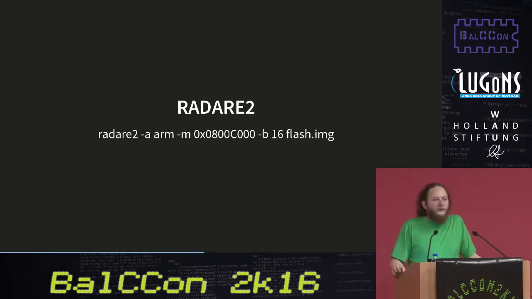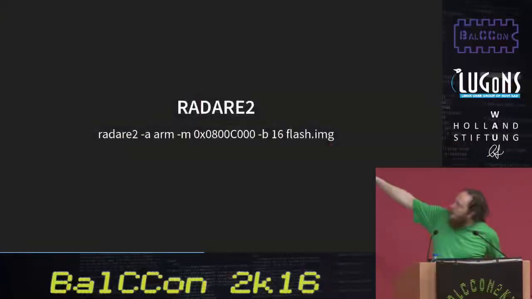The first is that you have to run today's version because they fix bugs every single day. Every time you sit down at your laptop, you grab a new version and then you build it and then you run it. It's used from the command line with an optional web interface. This is the command that will load my firmware dump as a 16-bit image to the correct address as an ARM